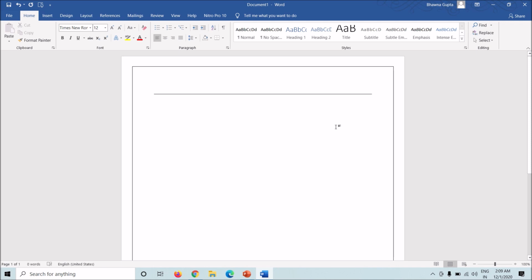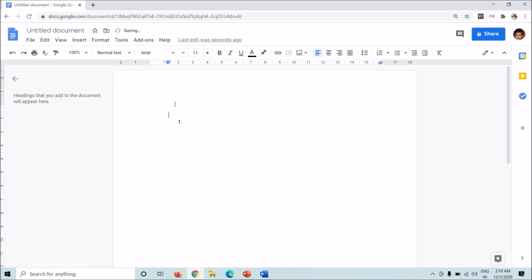For the students who want their list or the names or something that they have written in the docs to be in alphabetical order, I'll suggest that you use Word instead of going for Docs, because in Docs you cannot change your list. If you have written something, you'll have to adjust it yourself. If I'm writing administrative law, company law, constitution law, labor law,